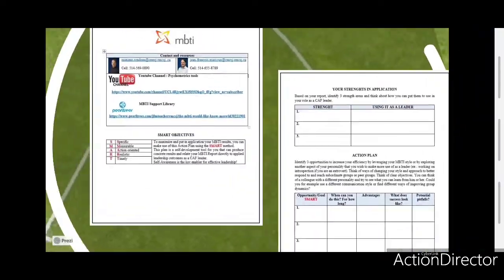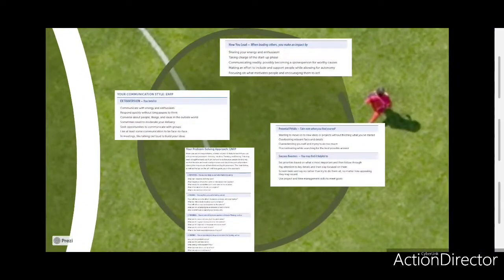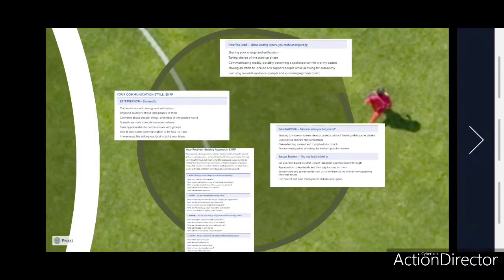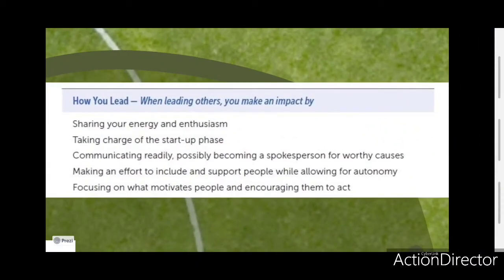We can now move on to the next part of the presentation, which are some examples. Here we have 4 excerpts from the actual report. So the interpretive report for organizations, the sample report that we use in the workshop. I took out some snippets to kind of highlight some examples you could use. First, this is from page 5 of the report. It's how you lead. It's an extract.